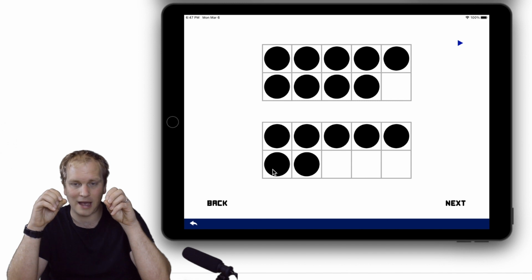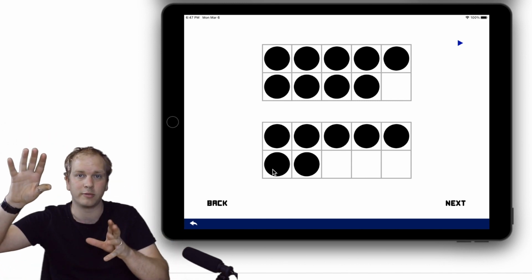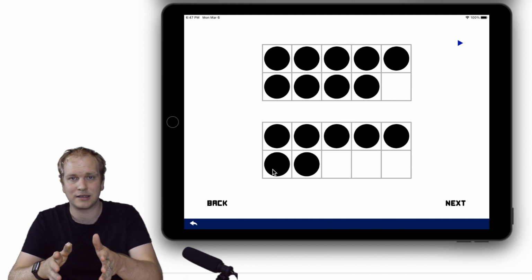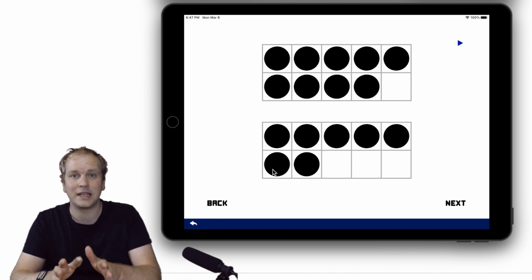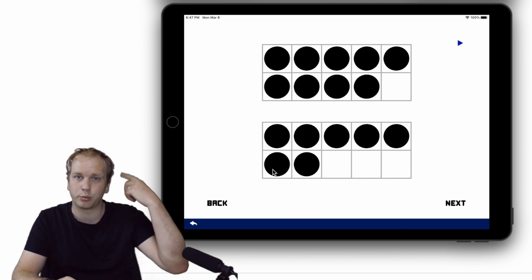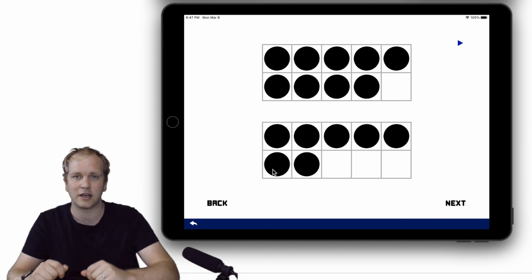But visually being able to see it, we can manage all that almost as one fluid movement, and that's what we want to get to with our kids. And if we practice that enough, the idea is that then they'll be able to do that without actually needing the visual there to support them. They'll just be able to bring up those mental objects in their mind and do those calculations for themselves.